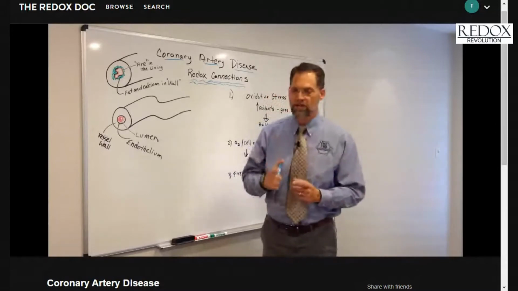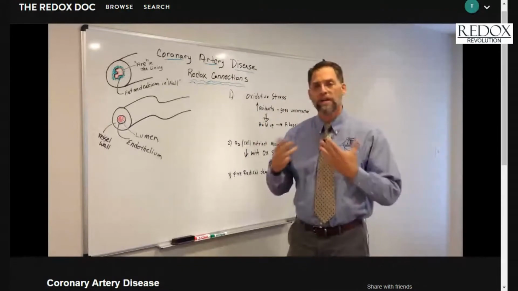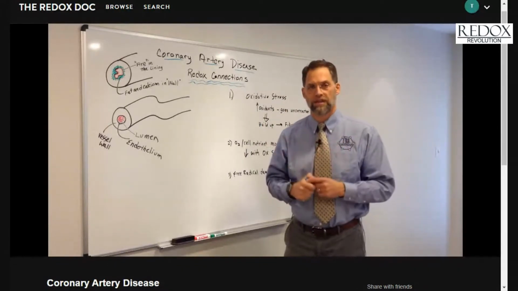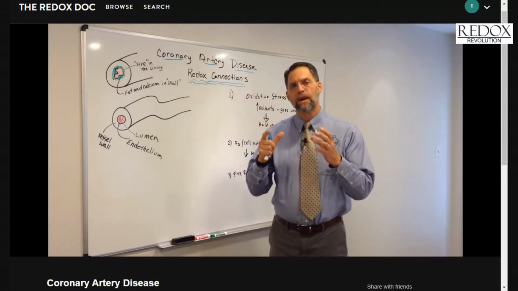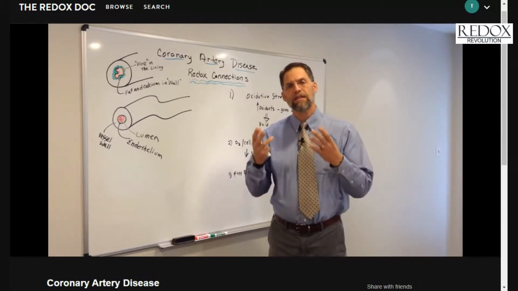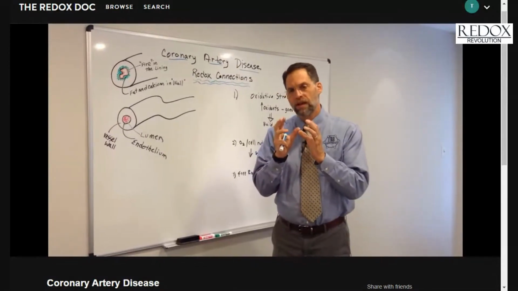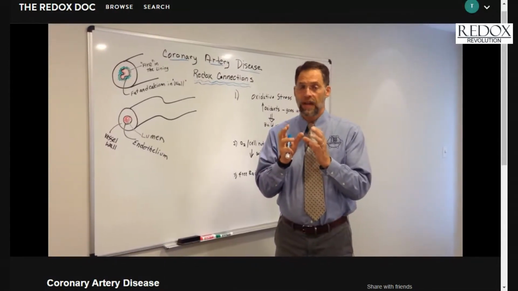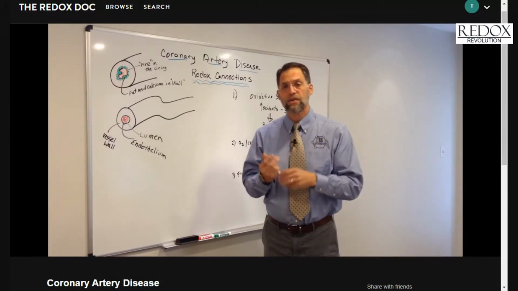This lecture is going to focus on coronary artery disease and how our redox chemistry is involved with this. Coronary artery disease is another way of saying the disease of the vessels of the heart muscle. And our little heart muscle blood vessels are very susceptible to getting blocked up and stressed out related to their